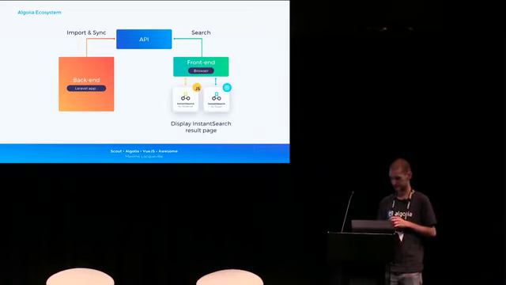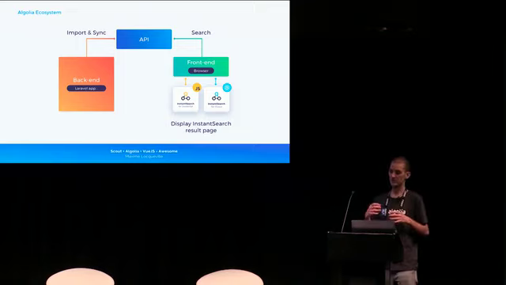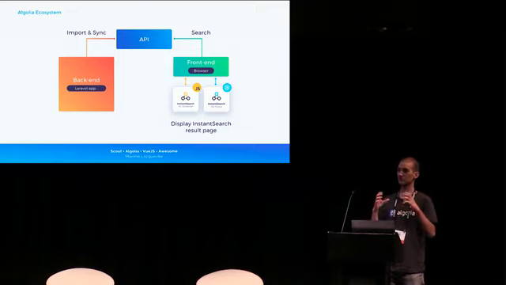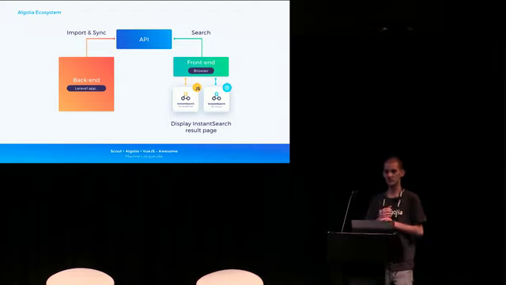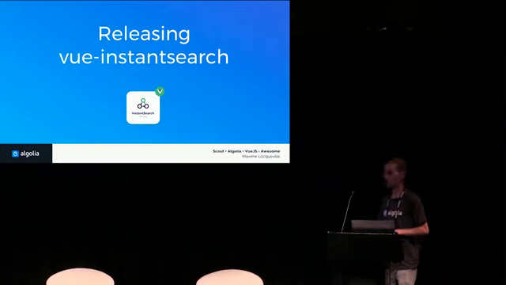That's why we built a few libraries that you can use called Instant Search. Those libraries allow you to build these front-end experiences, these UIs, very quickly. Today we have two: Instant Search for JavaScript, which is a vanilla JavaScript library, and a second one that integrates better into React apps. And today we are releasing a third one, which is Vue.js Instant Search.